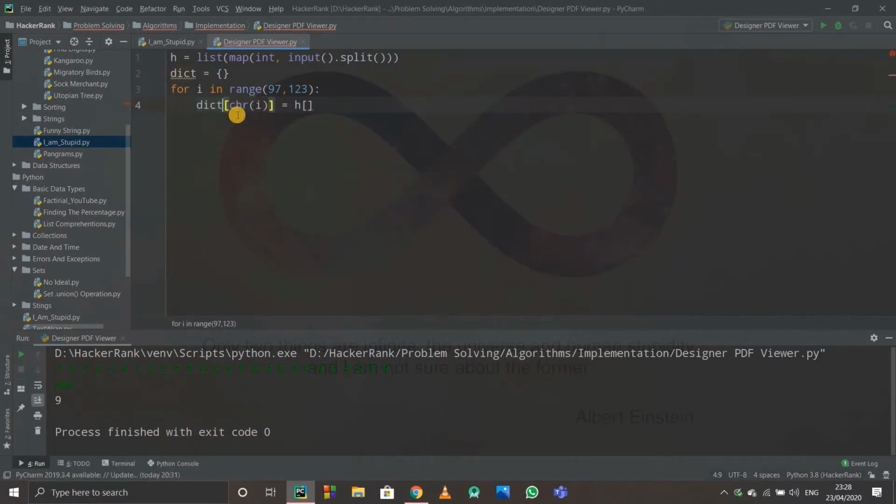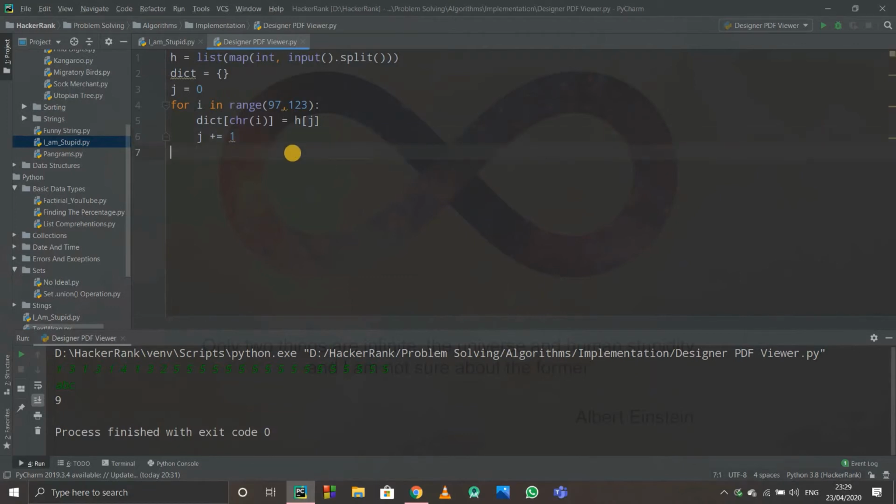That's why dictionary of a, that is a's value, will be h of 0, and b's value will be h of 1. But here we can't write 0, 1 and everything, so I'll simply start a variable j from 0, and increment it by 1 every time. So it will be dictionary of a is h of 0, b will be h of 1, c will be h of 2, and so on.